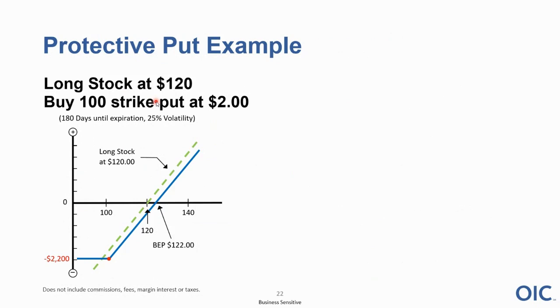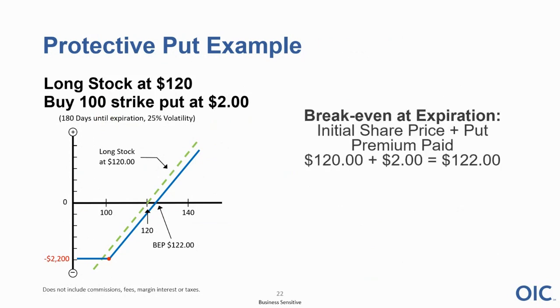So we're going to buy that 100 strike put, which gives us the right to sell stock for $100. And that right is going to cost us $2 a share. So our break-even point is going to be our initial share price plus that premium that we pay. So anything over and above 122, we're going to be profitable because the stock is at 120. If the option expires worthless, well, that's no sweat. Actually, we want that option to